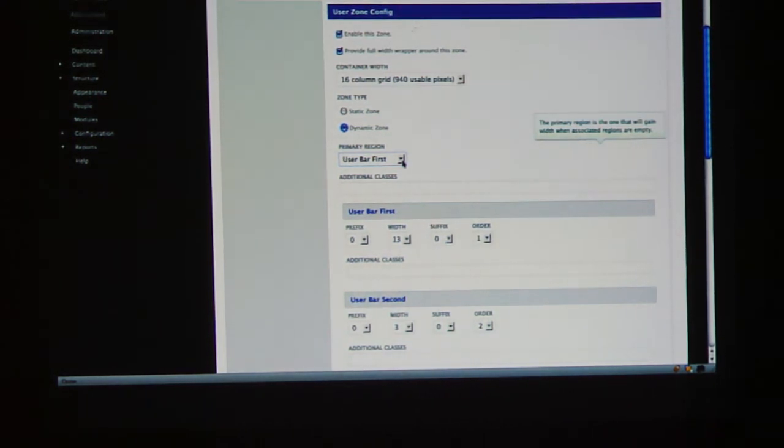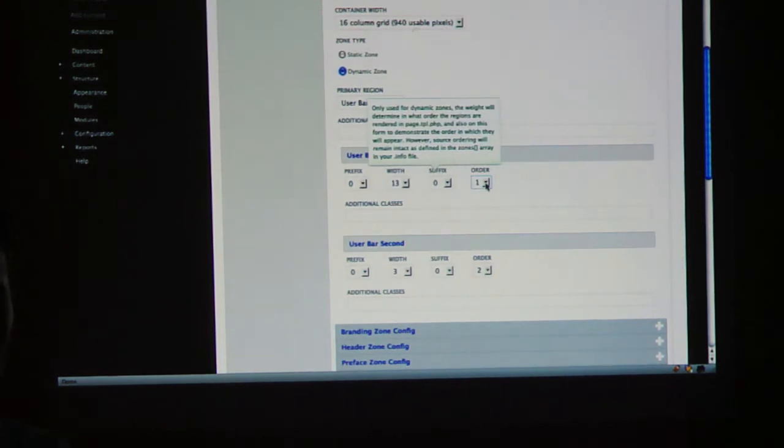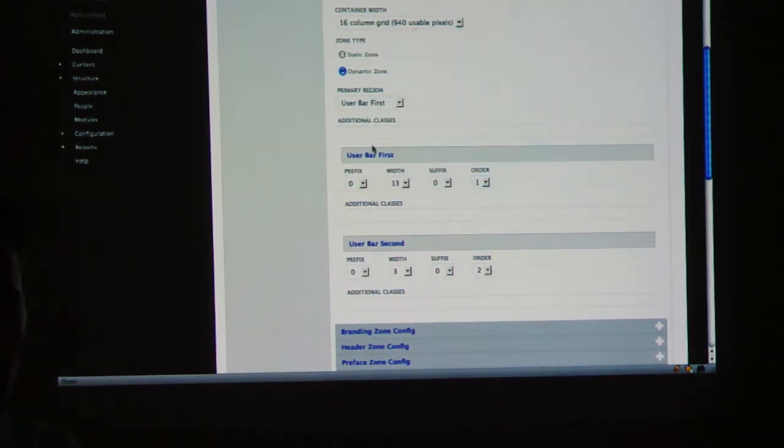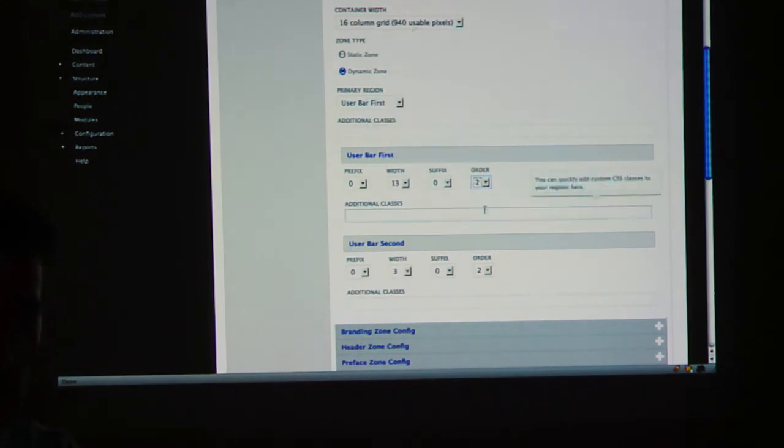I think that's why they must stay in line. It's going to take the full width of the container, not necessarily the widths that are here, and then it's going to determine what's there and how to place it. But because I changed this now to a dynamic zone, now there is an extra drop down here for order. And right now, user bar first is obviously first, and second is second. But if I wanted to switch these,